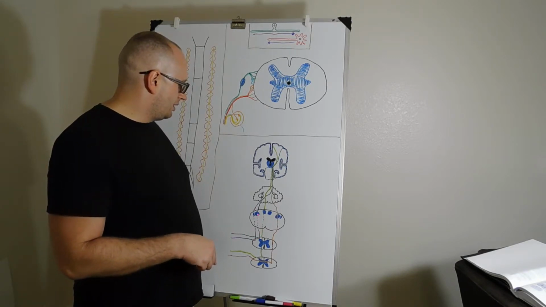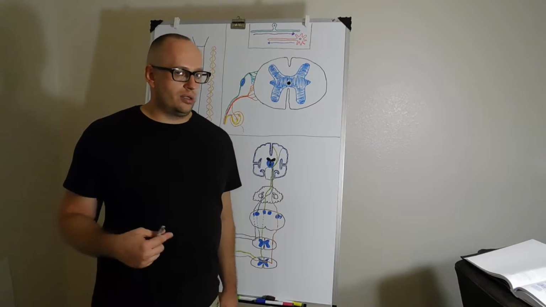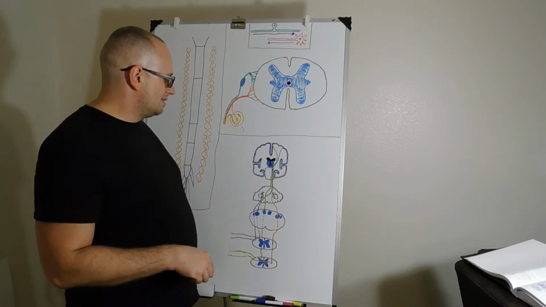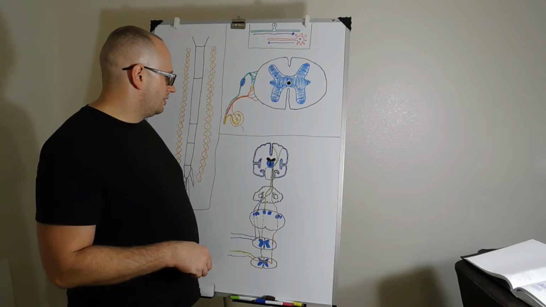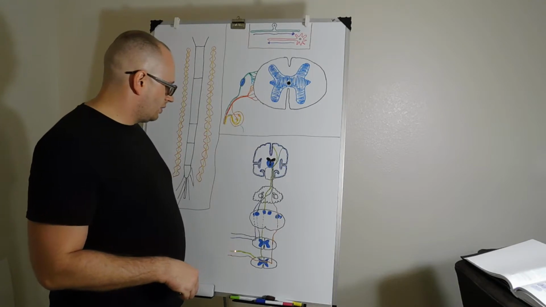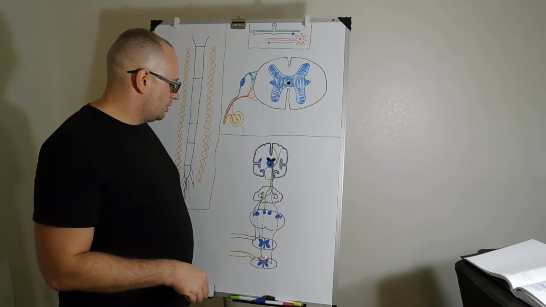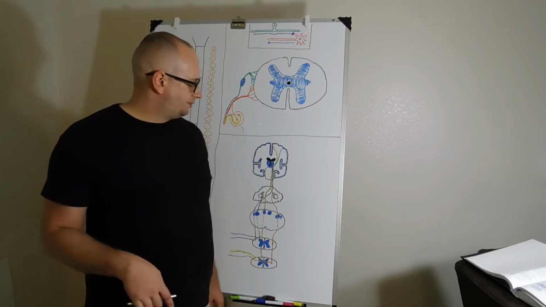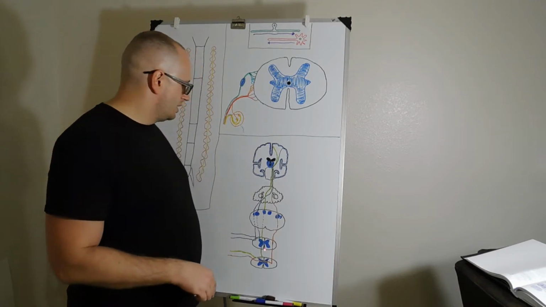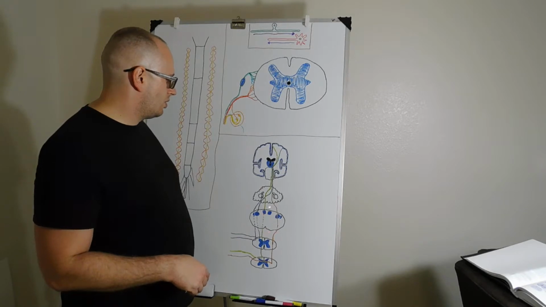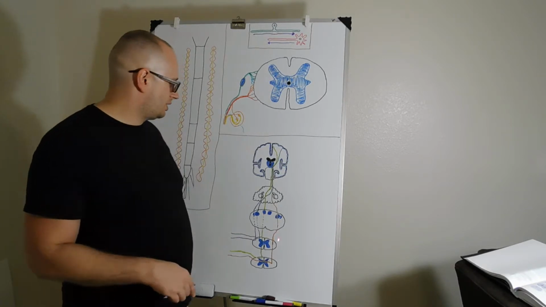This fiber here, in the lateral part of the dorsal column, or the dorsal medial lemniscus pathway, is called the cuneate fasciculus. In the case of your lower limbs, which are more medial in the dorsal column, this is called the gracilis fasciculus, or fasciculus gracilis. The fasciculus gracilis goes up to the gracile nucleus, or the nucleus gracilis, whichever way you want to say it,